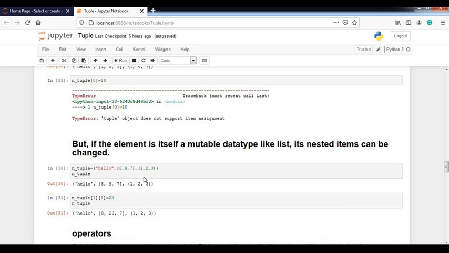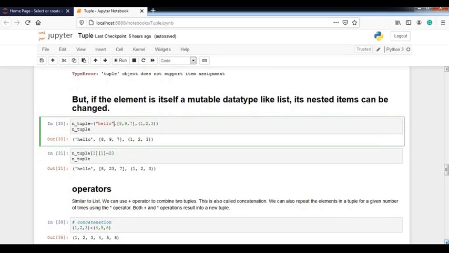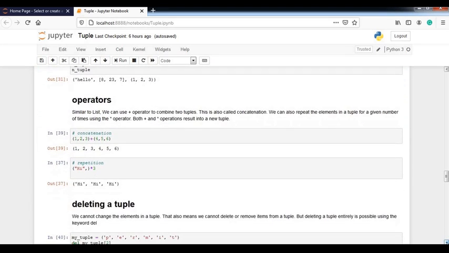See how, by an example I am showing here. Here is a tuple and I want to change at index position 1 its first element. That means I want 9 to be 23. Then it will be done. Why? Because within the tuple we are using a list. So a list can be updated. A list can be added to. Okay. So now